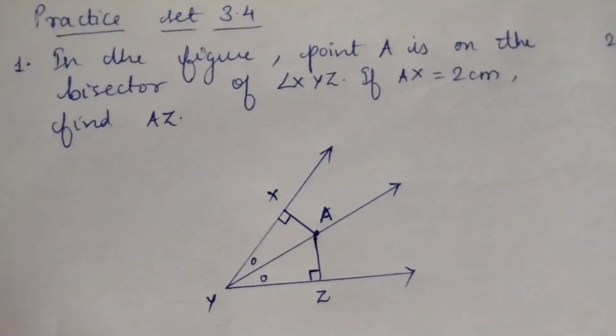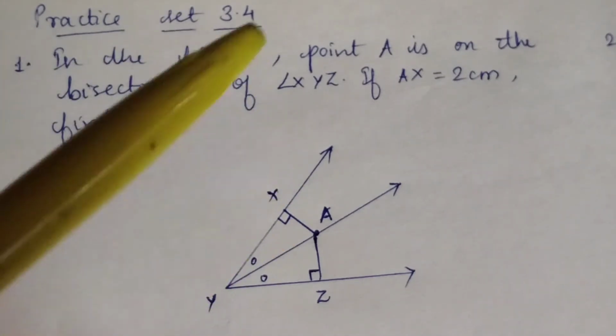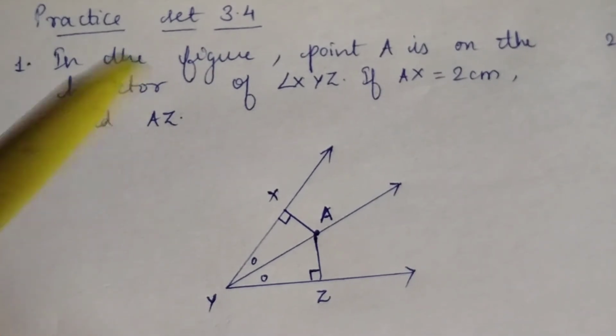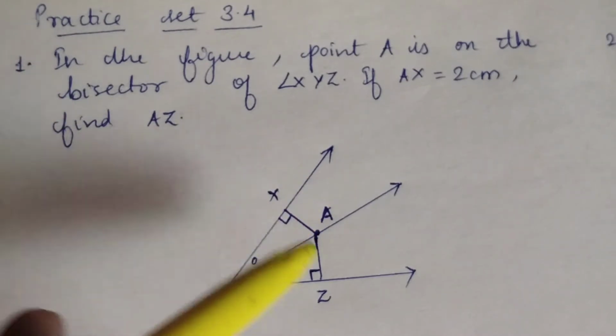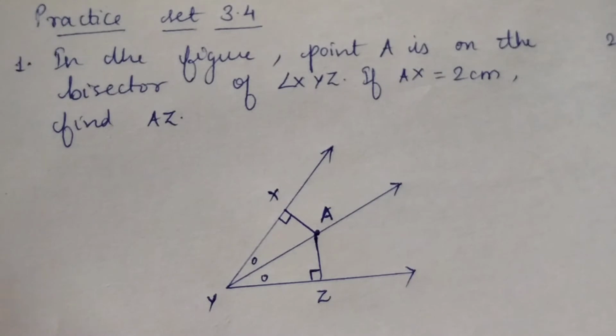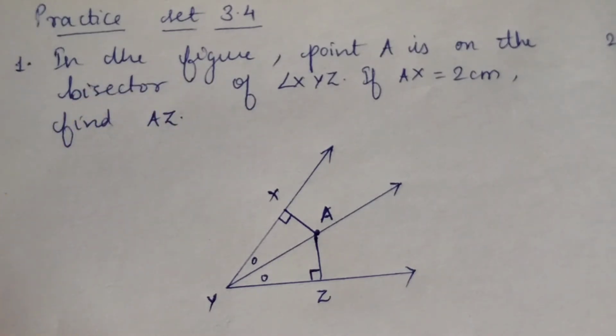See, as of now in the sum, you just have to know which properties to be used and how to solve the sum. So in this case now, if we look, the question says that in the figure, A is a point on the bisector. Okay, so bisector of the angle. That is why the property that we are going to use here is the angle bisector property. The word itself suggests bisector is there and angle is there. So we are going to make use of the angle bisector property.